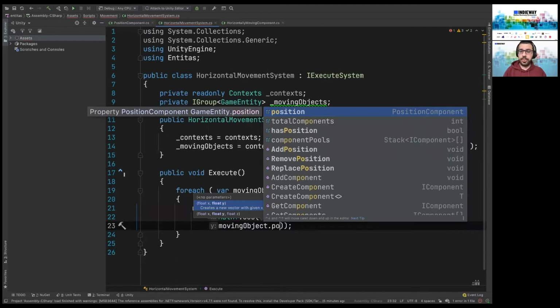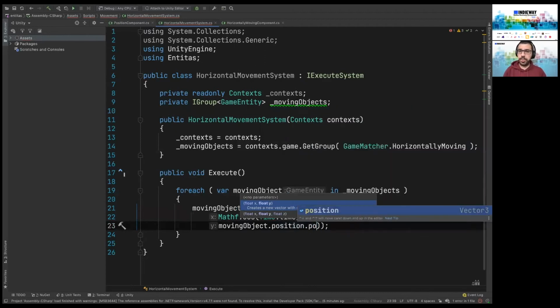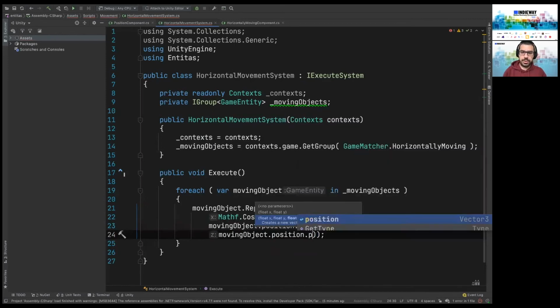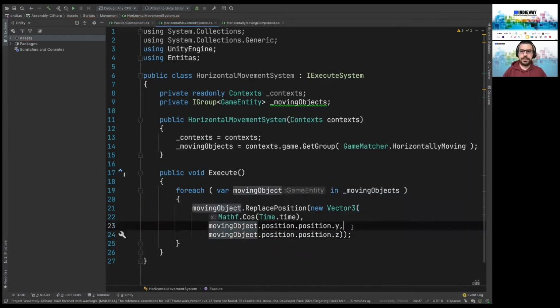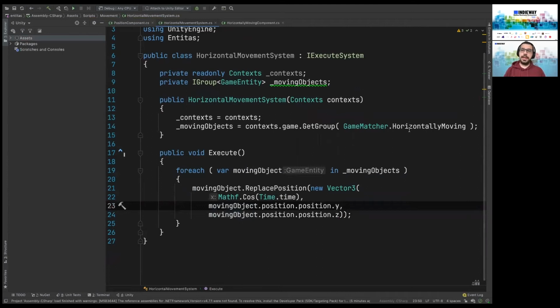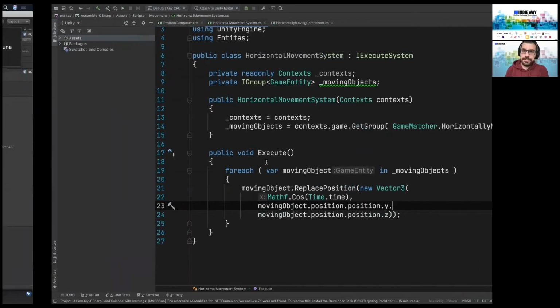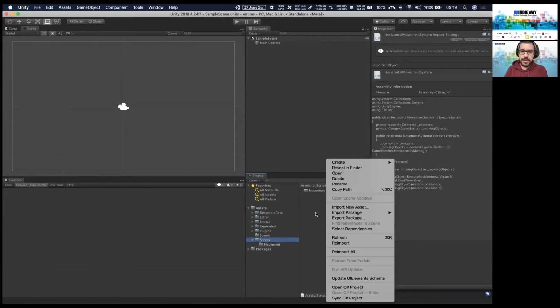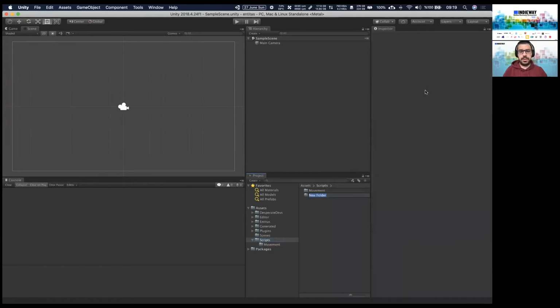So I just edited the ready-made components, and now I'm accessing them. I'm trying to access the Y and Z of these positions. So I am writing a system, a horizontal moving system, and it just changes their position and gives them a new position. It cannot really work all alone. I need to put them on the stage, and we need a game controller here.